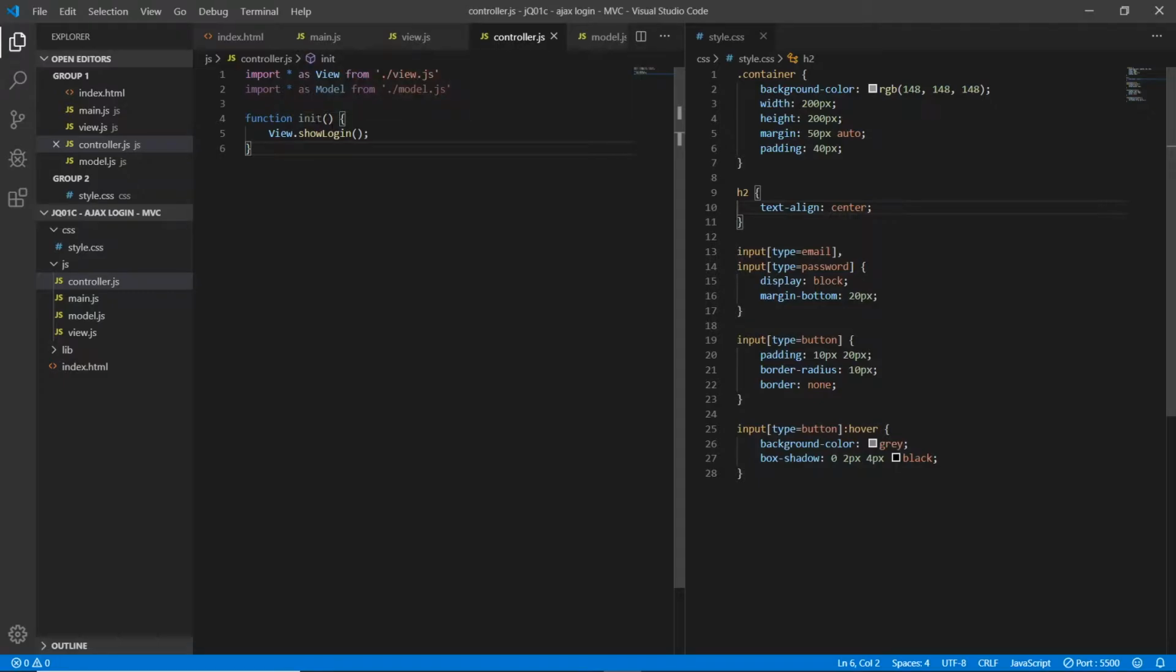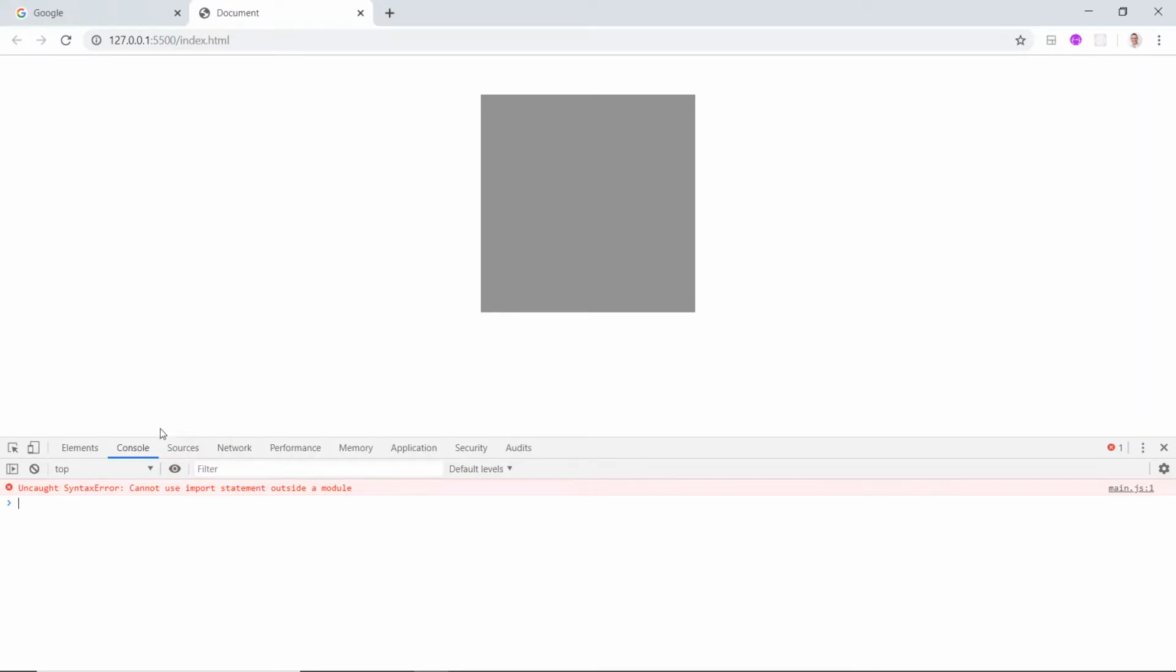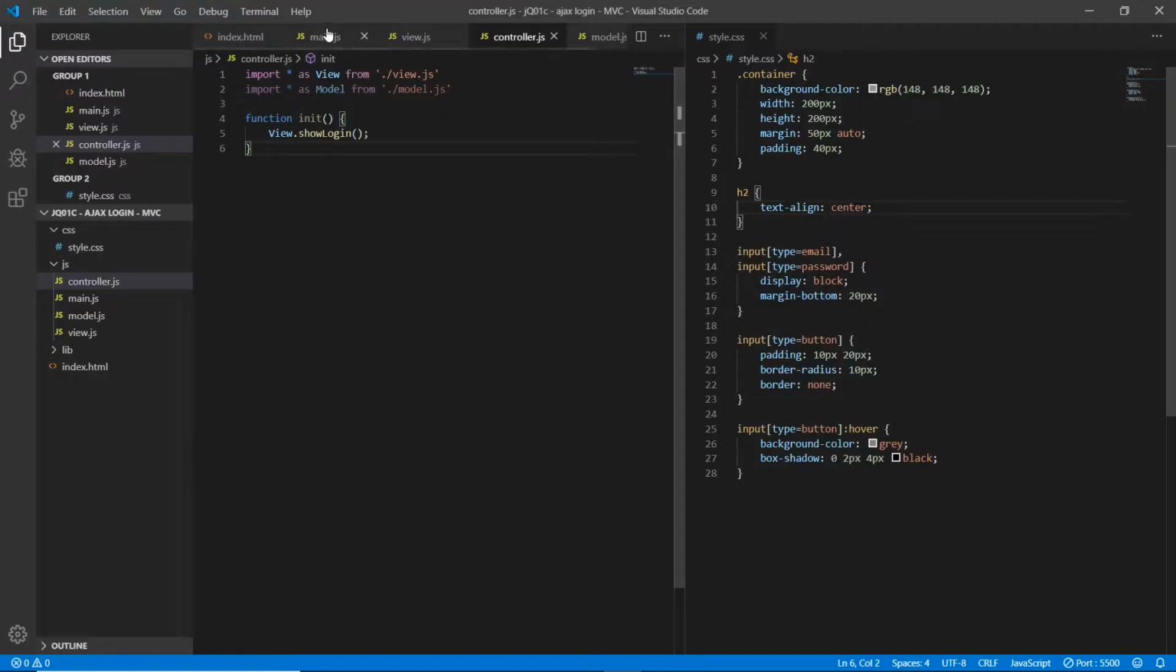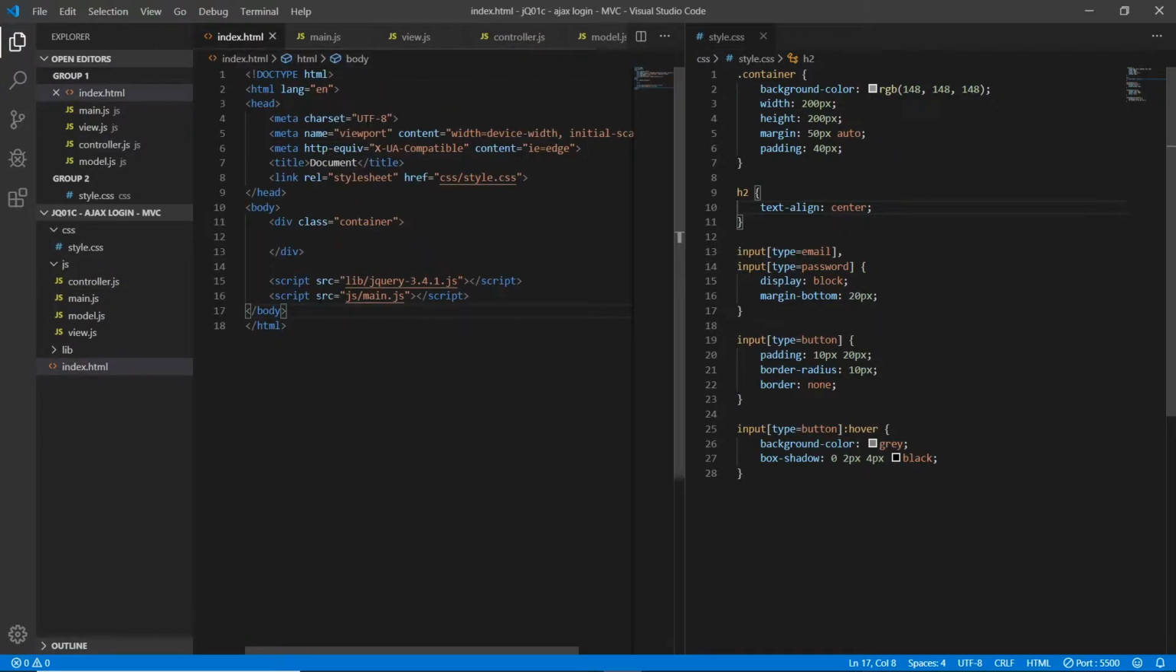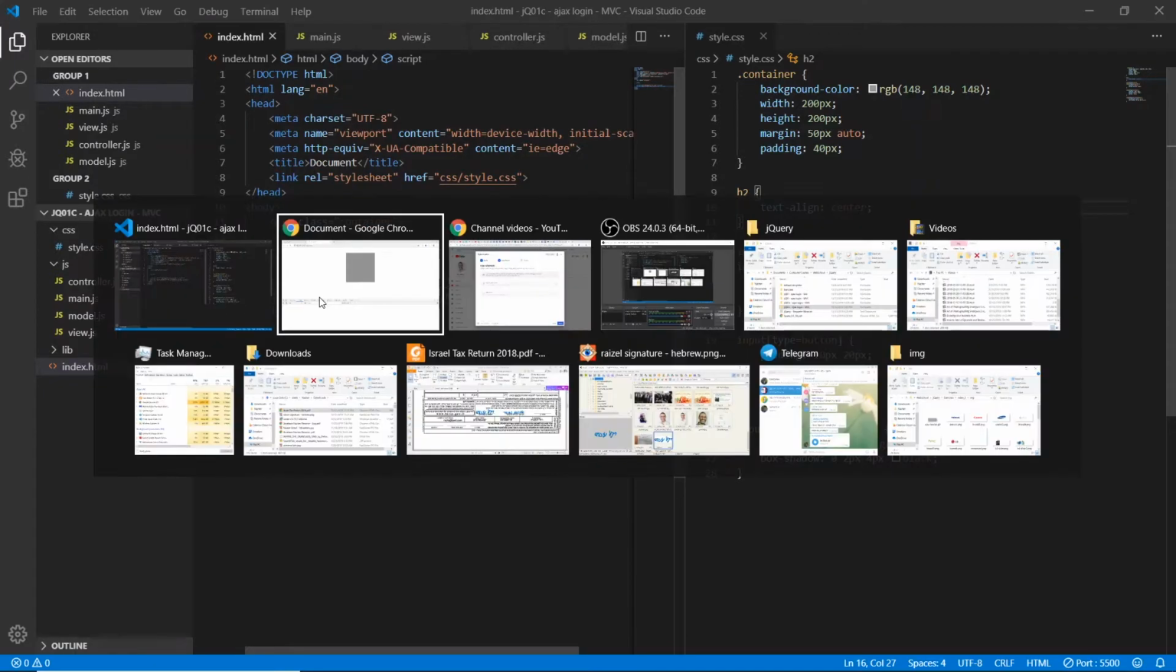Now, interesting, it's not actually used. Okay, but I think I know why, and that is the error we're going to run into right here. We cannot import statements outside of a module. So that means we have to actually go. The solution to that is saying that the type of main.js is actually a type module. Okay, and now,